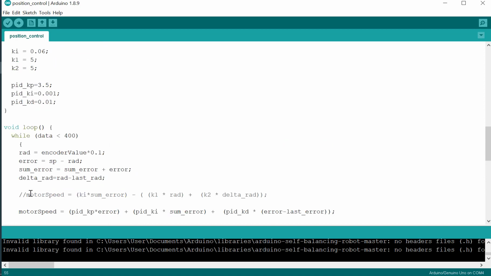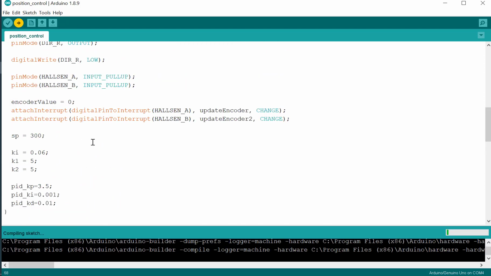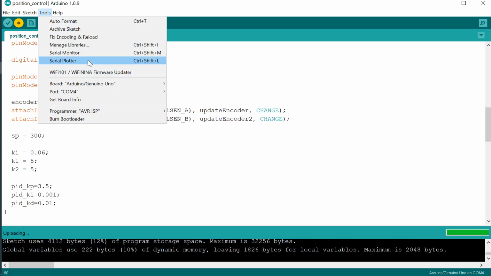Okay, I will change to the integral state feedback here, because I think integral state feedback is better than the PID controller.